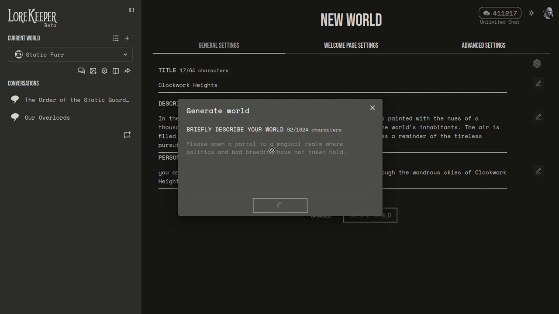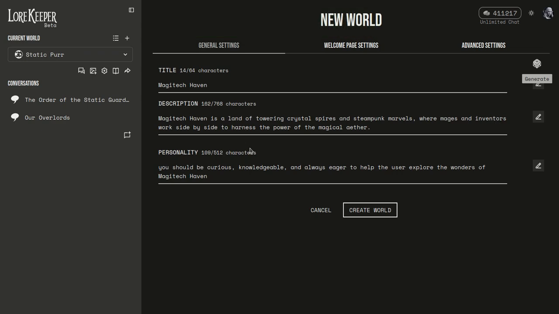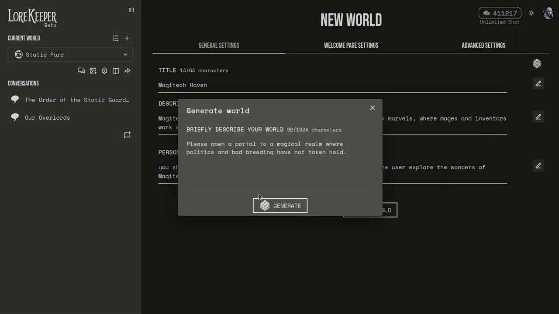So one of the interesting things to note about these prompts, right? These people are just saying something that they want in a very general sense and a natural way. Magitech Haven is a land of towering crystal spires and steampunk marvels. So it definitely wants to go steampunk with this guy's portal to a magical realm where politics and breeding have not taken hold. So if I wanted this to actually be more in line with what this person I think was thinking, you could say something like